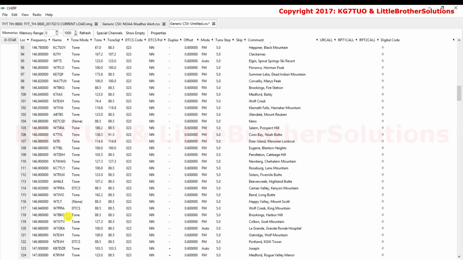The next method is to query a data source. That's basically the same as importing, so I'm not going to actually do a query. But you can do a query without having an open file, and the program will open a new file with the data. And it's the same as doing the import from data. You can also download from another radio. So I'm going to close these.